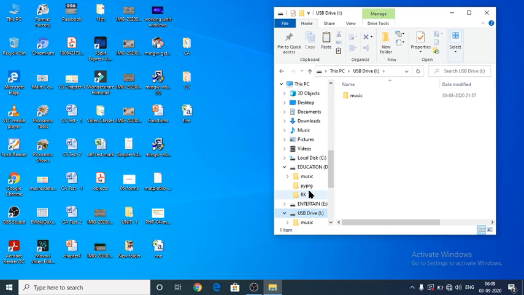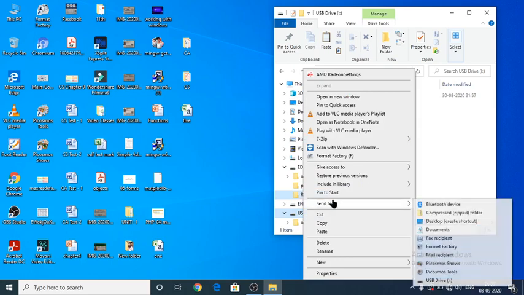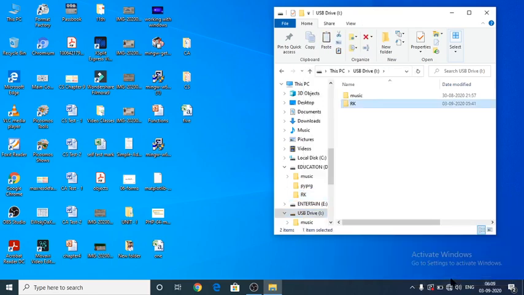After selecting the destination place or folder, I have to give drag and drop, or I can use the right mouse button. After pressing the right mouse button, the send to option will be there, and see here, USB drive is there, or I can use drag and drop. This is how to make a copy of a file from any particular drive to your pen drive.